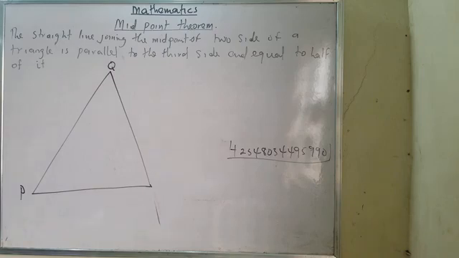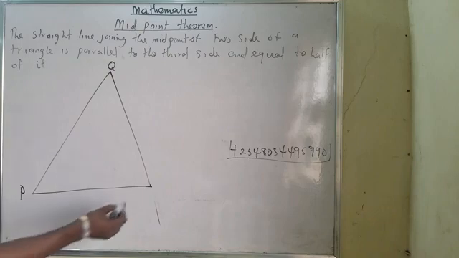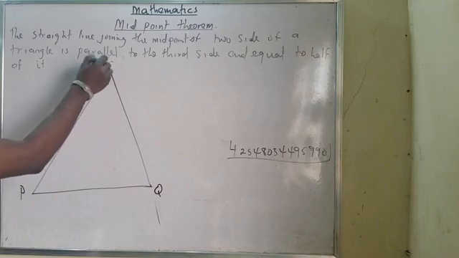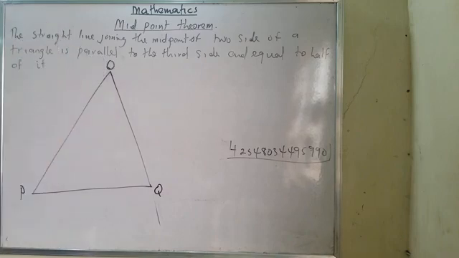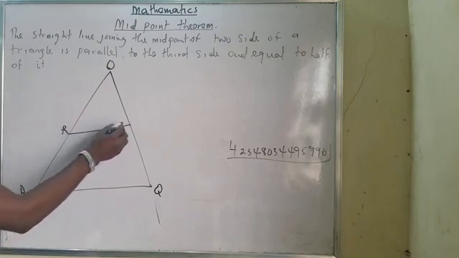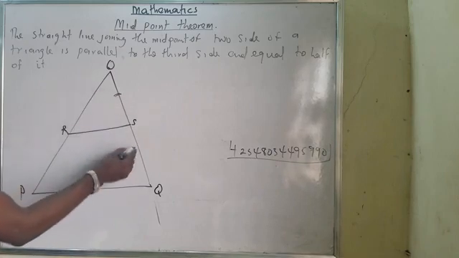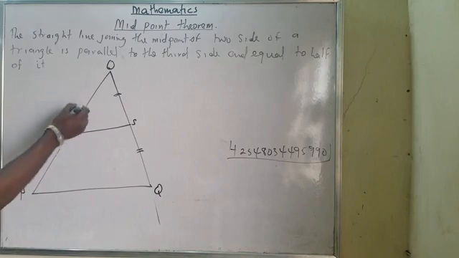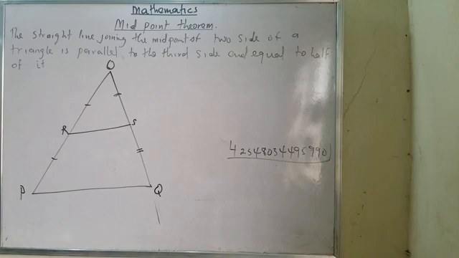This is P and O. And I have another one like this, R and X. If this line is parallel to this, what we are trying to say here is that, once I have this,